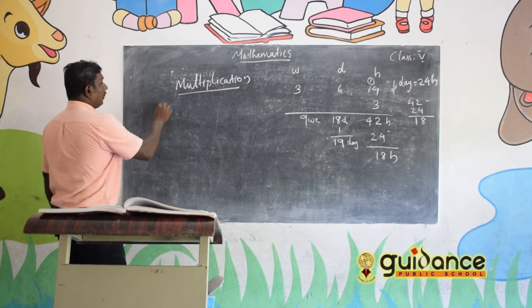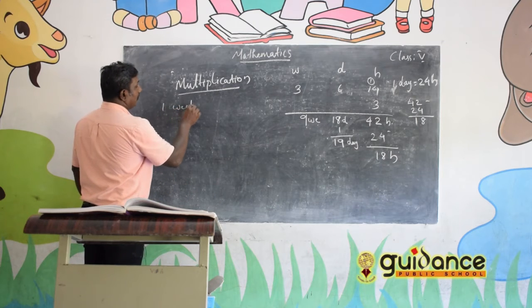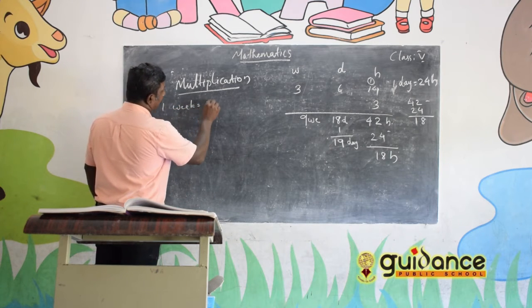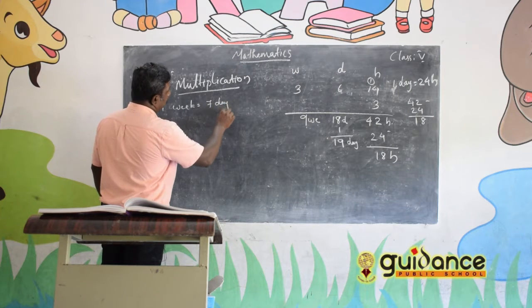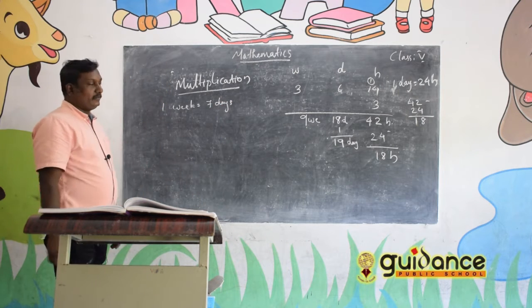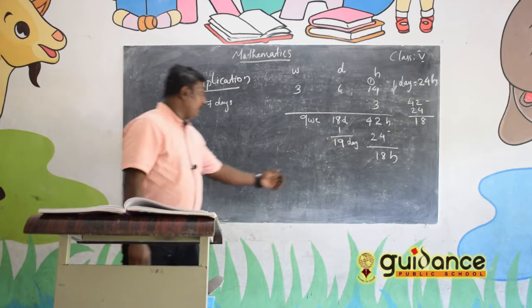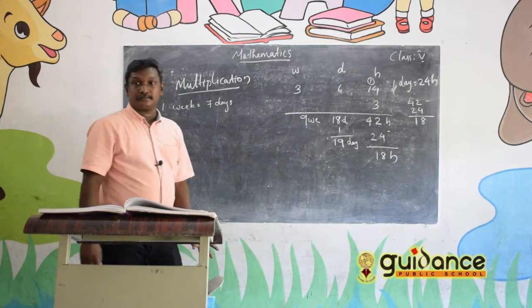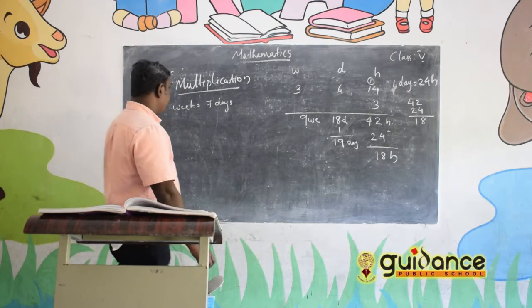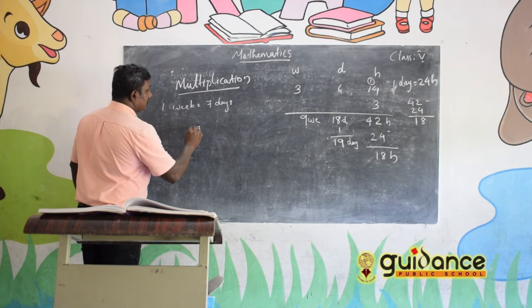1 week is equal to how many days? 1 week is equal to 7 days. As you know, 1 week equals 7 days. So from 19, how many can we take? So that we can divide 19 by 7. Then we will get